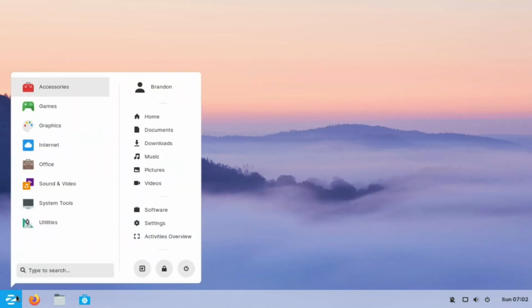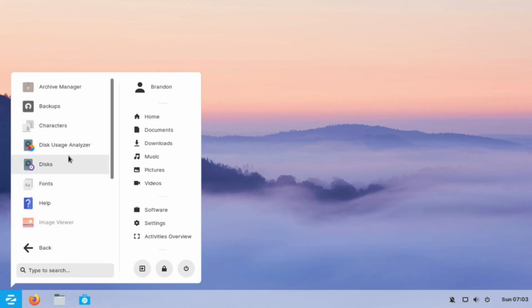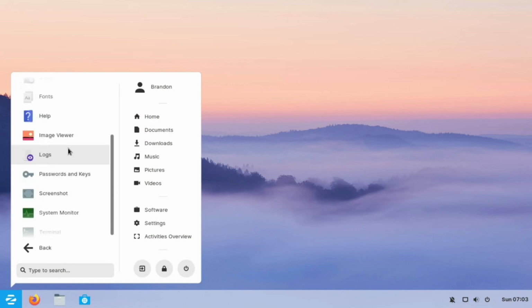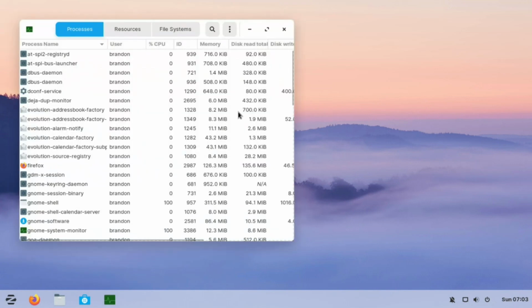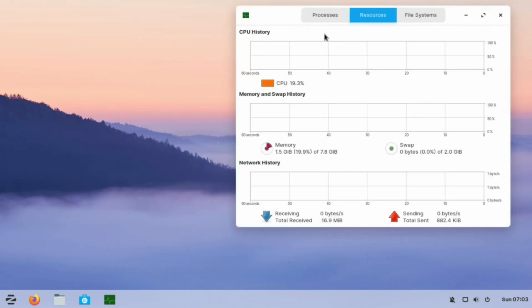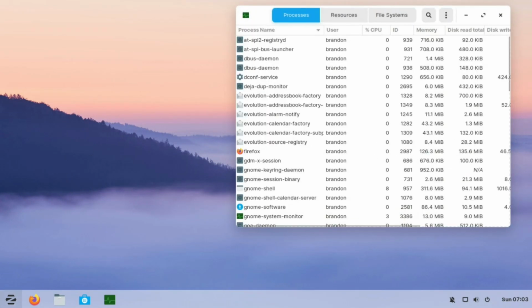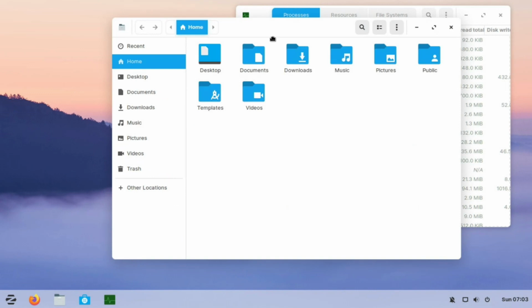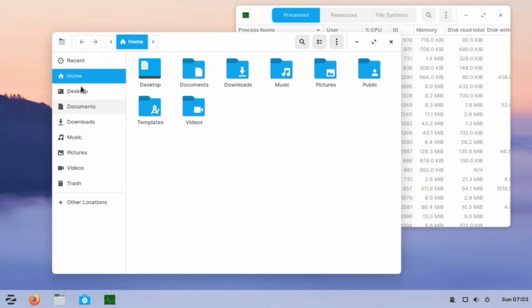If you go over here, the menu is very familiar, it's easy to follow. Right here are your general categories. You can see the iconing and theming of this operating system is really nice. If I go into something like utilities, it brings up all the various utility applications built into the operating system. Open up something like System Monitor, and you can see that it is very familiar to a Windows user, especially if I go into the File Manager. It kind of has the same tree and folder layout that Windows does.